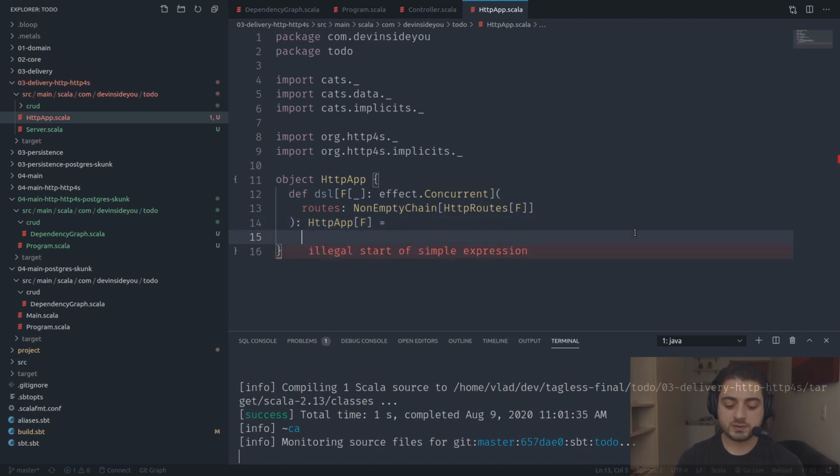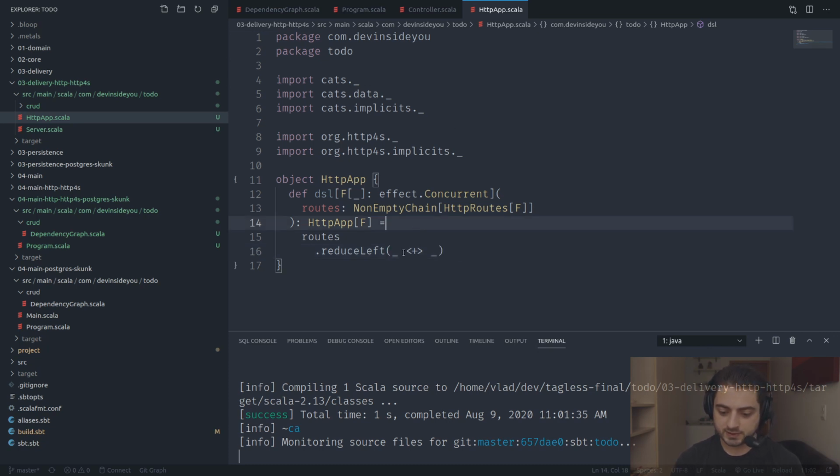So all it's going to do is take all the routes. It's a list, right? So it's going to do a reduce left, and there is a helper that comes from these implicits, called, I have no idea how it's called. It kind of looks like this ship from Star Trek. I'm not a Star Wars fan. I don't know. Anyway, we're just collapsing all the routes into pretty much one thing,